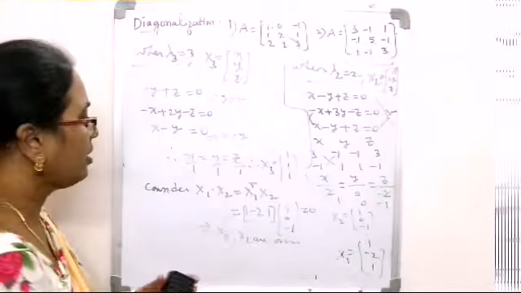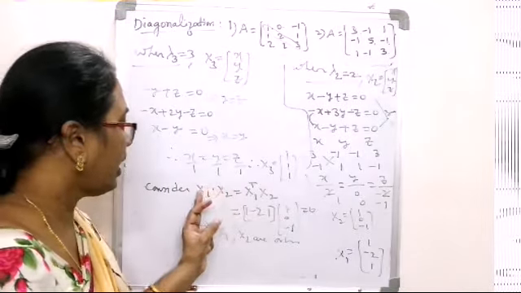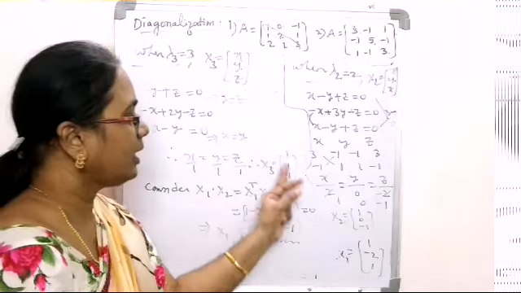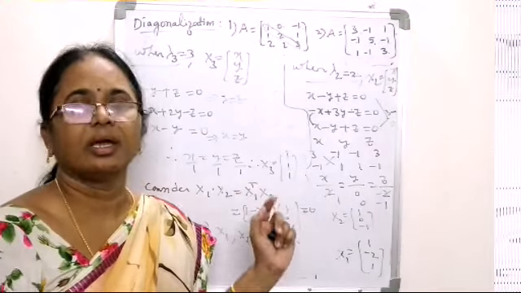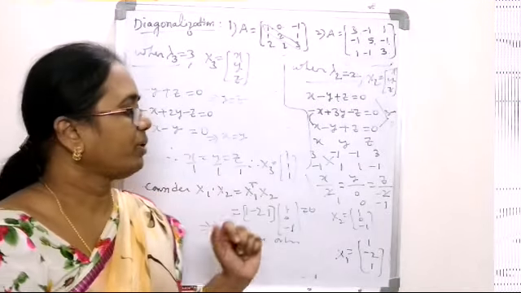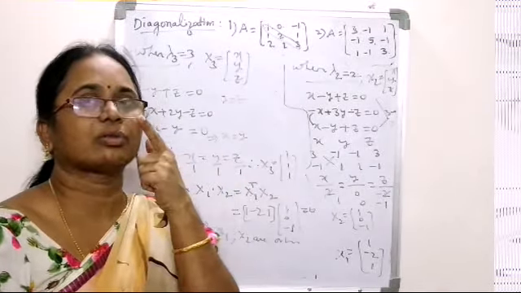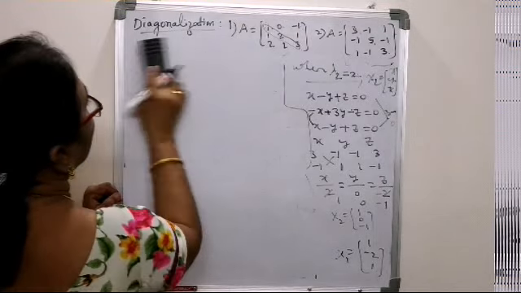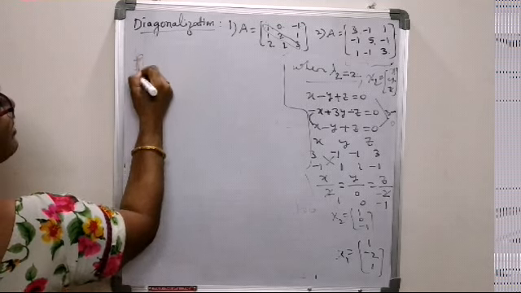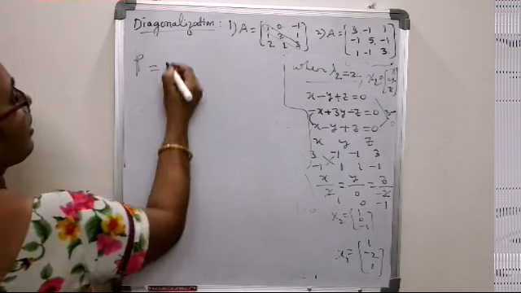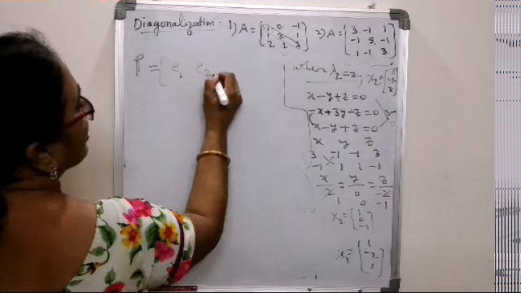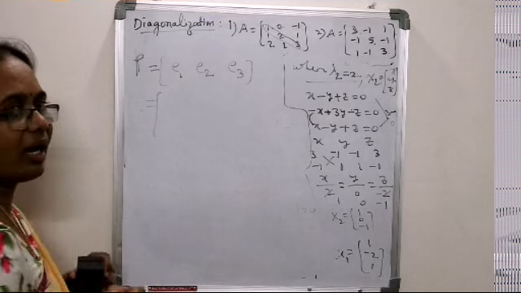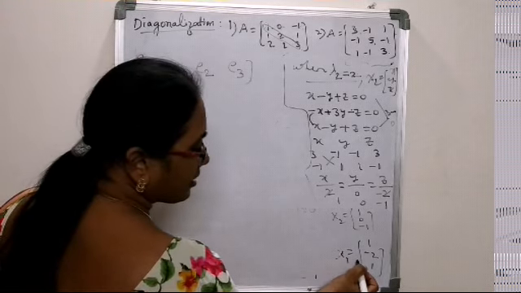Similarly, it can be shown that x2 dot x3 and x1 dot x3 give us 0. So it is clear that along with the linearly independent nature of the eigenvectors, they are pairwise orthogonal also. Because the vectors are independent and pairwise orthogonal, we are now able to calculate the normalized model matrix. The normalized model matrix is denoted by P, where the first column is E1, second column is E2, third column is E3. The first column we can get by normalizing the first eigenvector x1.